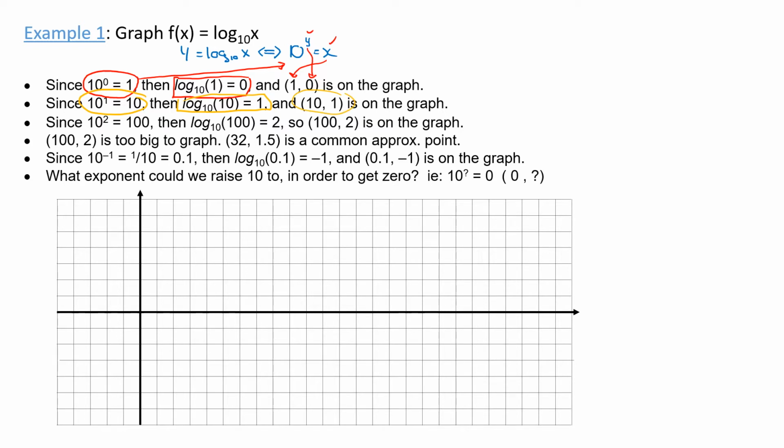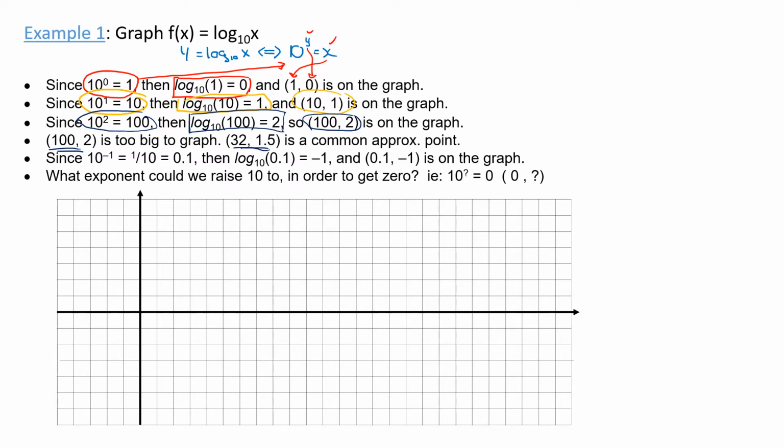Continuing on, we have another one, 10 squared is 100, everybody knows that. Then this is the equivalent logarithmic form of the same problem. So we get this coordinate, (100, 2), is on the graph. Not 2, 100, but (100, 2). But 100 is too big to graph. So usually it's common to use the point